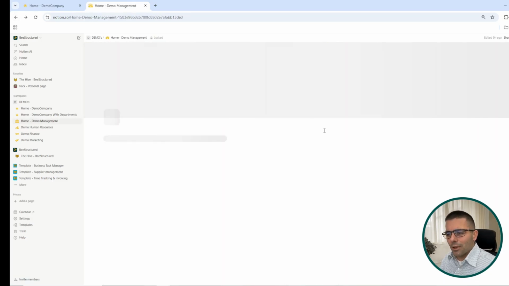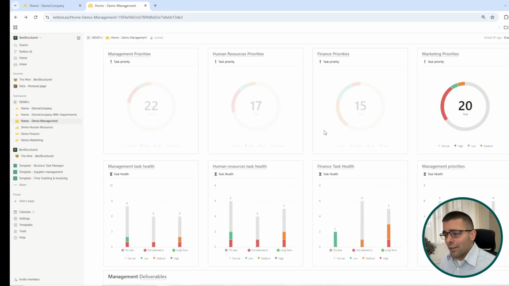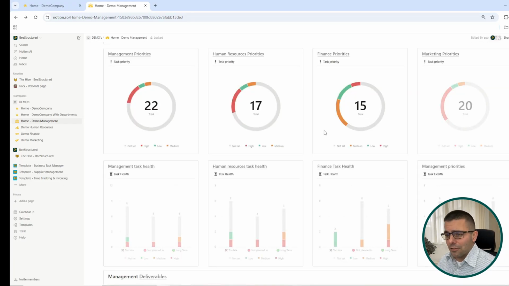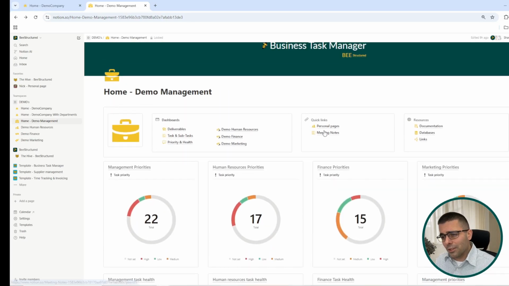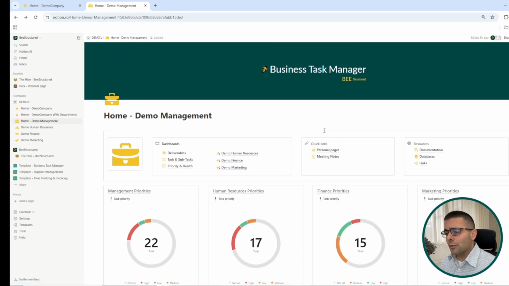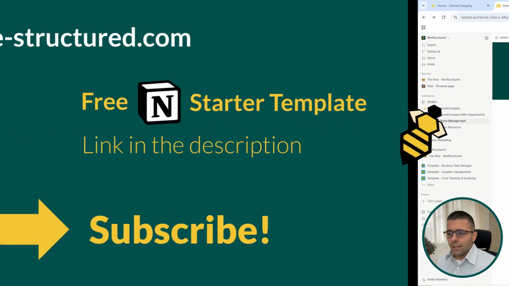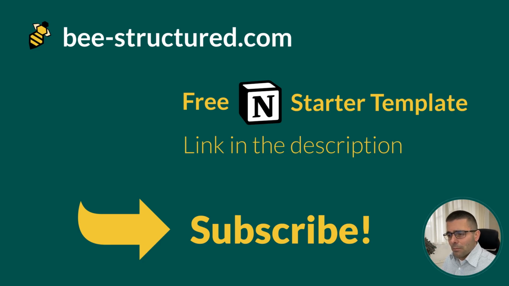Like in this example I created, this also took me an hour to put together, and a lot of that time was just waiting for the templates to duplicate. So this flexibility allows your system to grow with your business, ensuring that no matter how big your team gets, everyone stays on the same page. So that's how I use Notion in my business. So whether you're looking for more structure, better collaboration, or a system that can scale with your team, Notion definitely